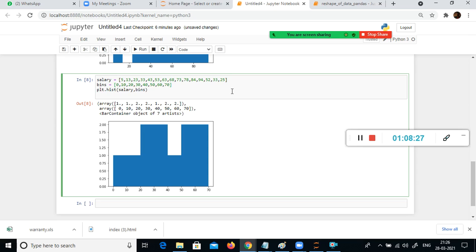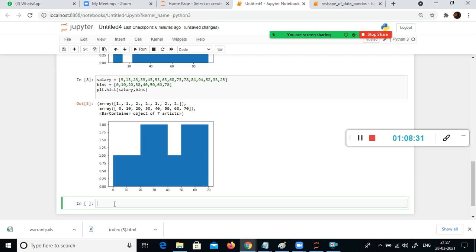Okay, next what we will do is work directly on the retail marketing data set. We use pd.read_csv.